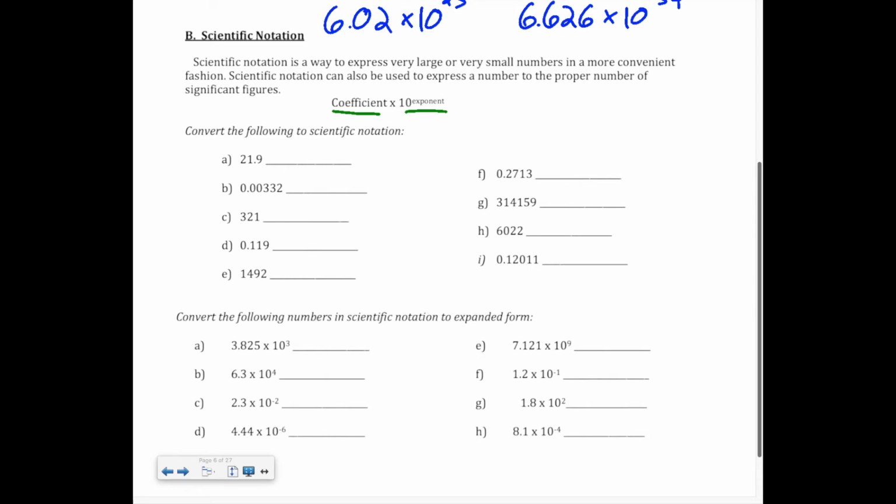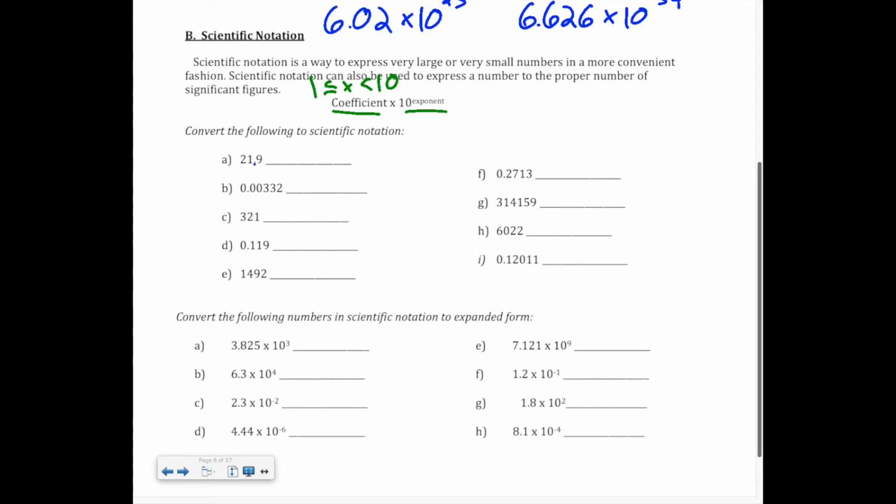The coefficient must be a digit between 1 and 10, okay? It cannot be 10, and I guess it could be 1. It could be 1, but it cannot be 10. It always starts with a significant digit, so that's why it's convenient for sig figs as well. So to convert the following to scientific notation, the way we are going to do this is